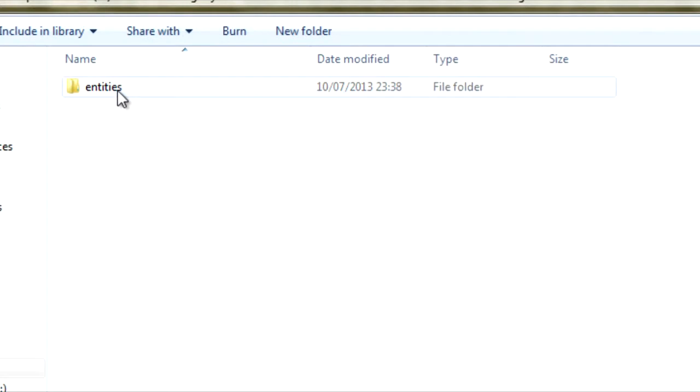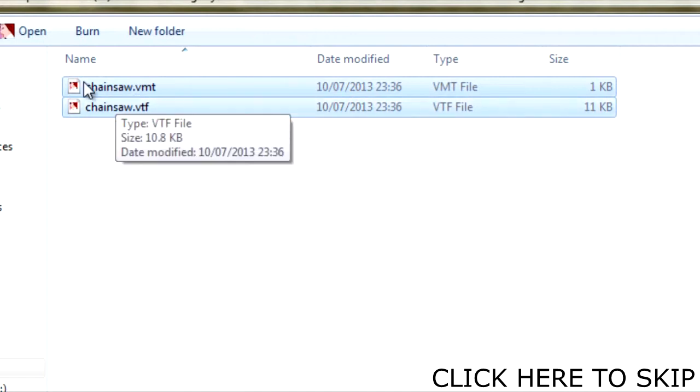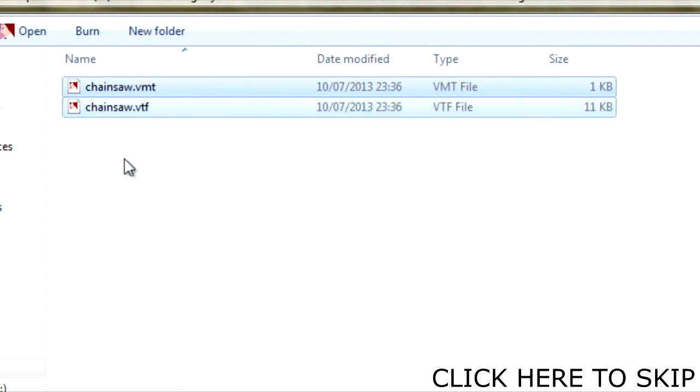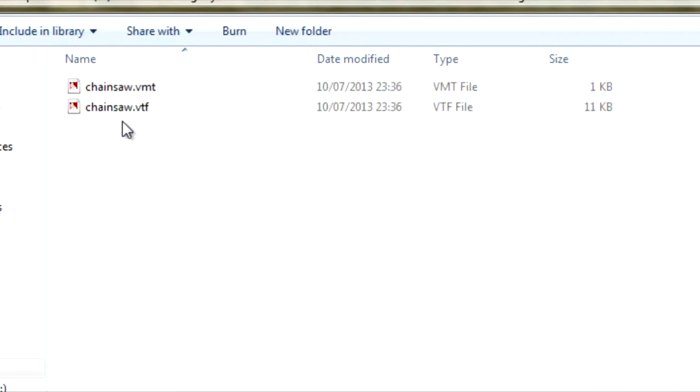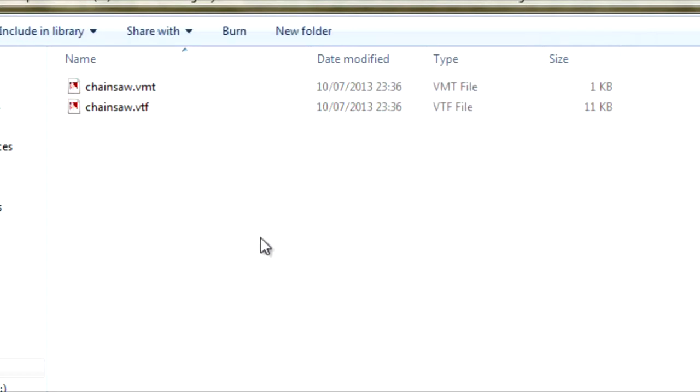Go to VGUI, go to where these two folders are, and skip ahead past the Photoshop tutorial part if you have these in the weapons and you just want to know how to apply them. Skip ahead to the part where you see me adding these files to the file locations if you already know about Photoshop. For those of you who want to know how to create your own icon,